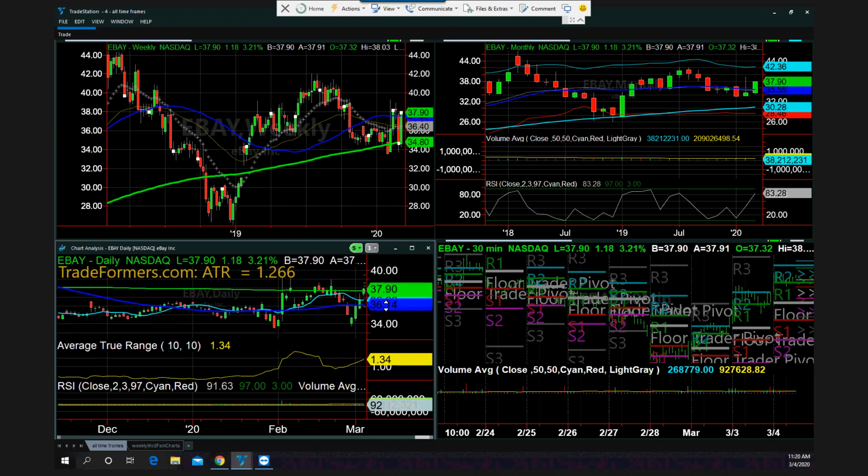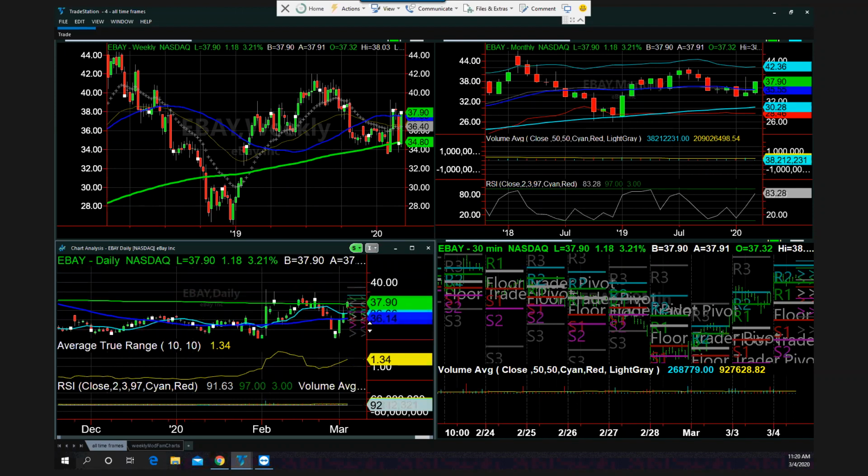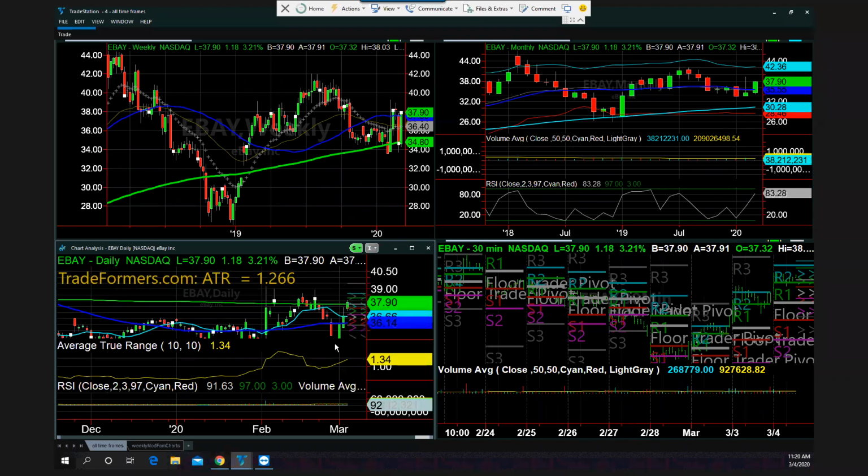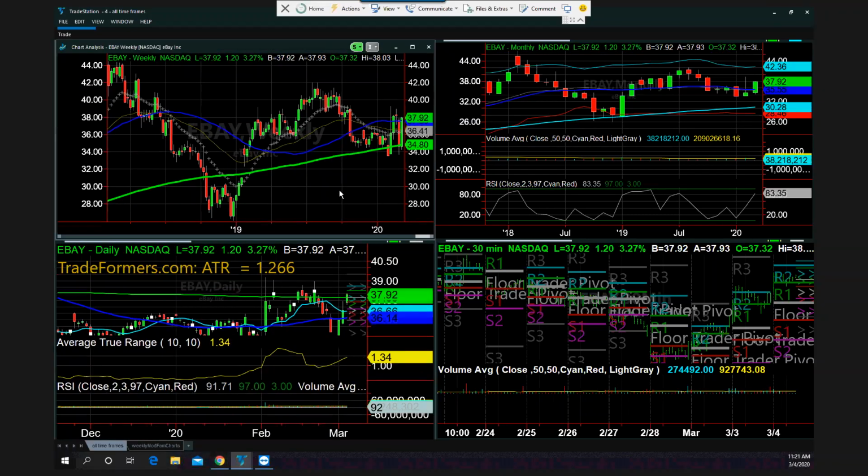So with eBay right here, this was not one that I put on my list, but it's certainly one that's interesting. You can see that it went back into a recuperation phase, and today, now that it's clearing the 200-day moving average, it's going back into an accumulation phase, which is a good positive phase. Just as I showed you, we started to see money come out of this stock, and now it's going back into it. Now, eBay could be a hot stock trend-wise with the coronavirus, because if people are staying home and they're looking to shop through e-commerce, this certainly fits the bill as one of those places one could go. So this would be a legitimate thing to look at.